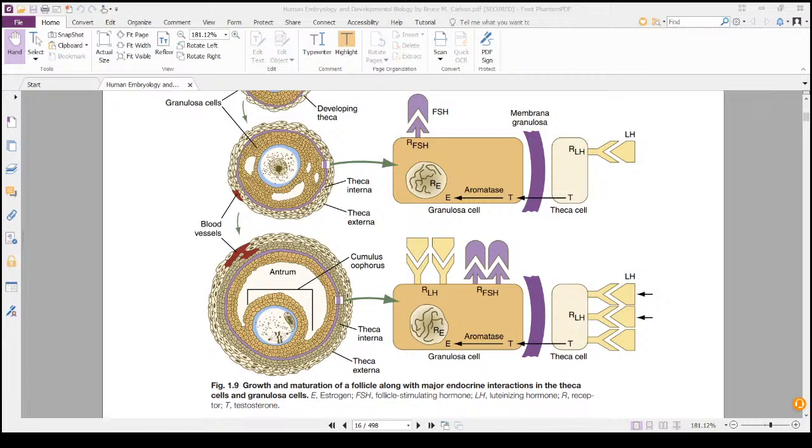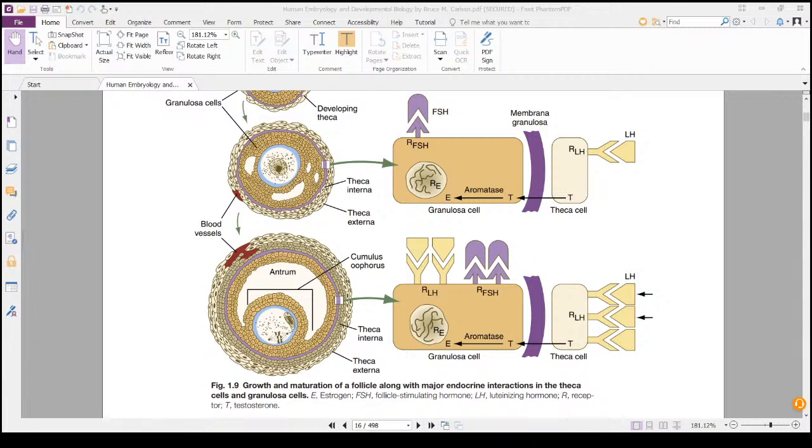But in contrast, the cumulus cells do not express any FSH receptor. Very, very important: the cumulus cells do not express any FSH receptors. So the enlargement of the follicle results largely from the proliferation of granulosa cells. Now when it responds to the FSH,